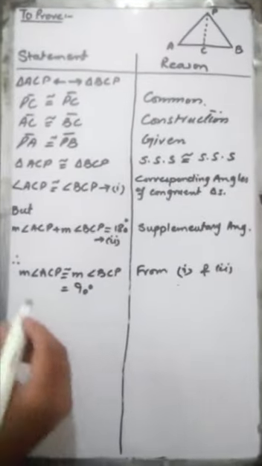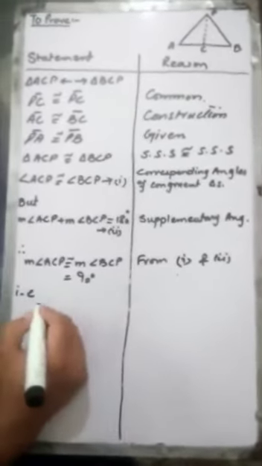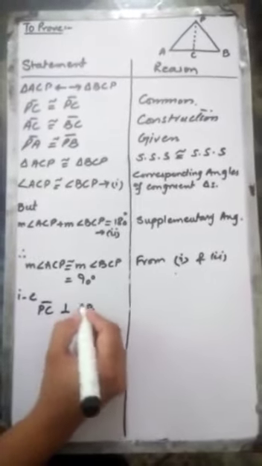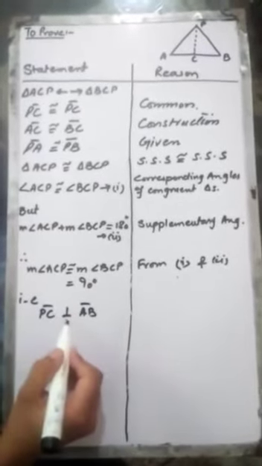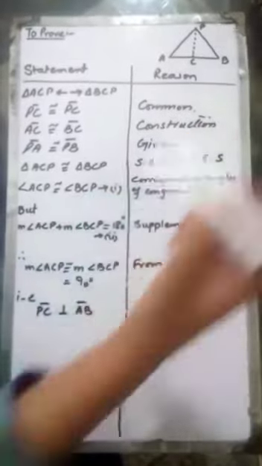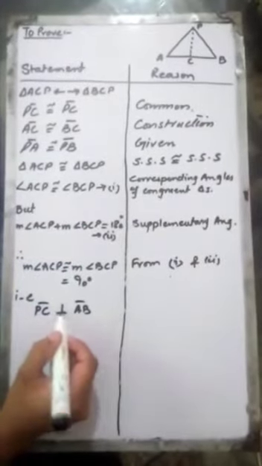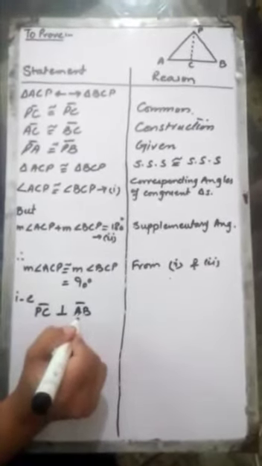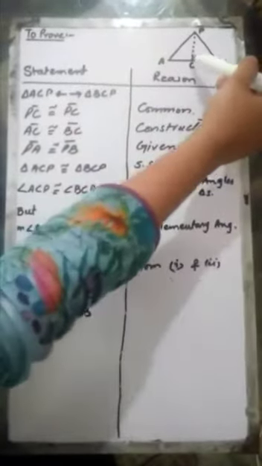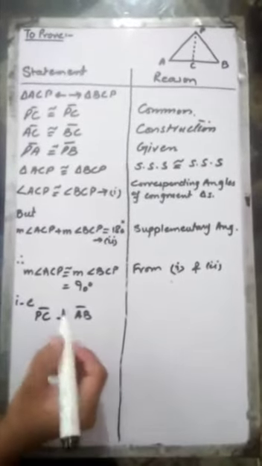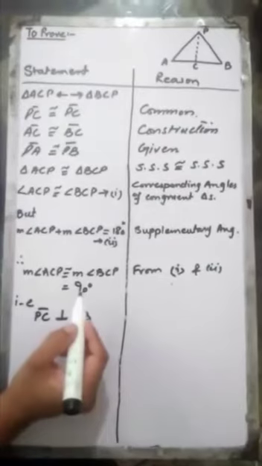Okay. Now we can write that PC is perpendicular to AB. Why are we writing this? Because we have proved that at point C the angle is 90 degrees. So we can say that PC is perpendicular to AB. I am just writing perpendicular, this is the sign of perpendicular. Right now we have not proved that this is on the right bisector, because for the right bisector we have to show it as the midpoint also. Now we will combine these two points and then we will say that this is on the right bisector. Right now this is just the perpendicular because of this 90.